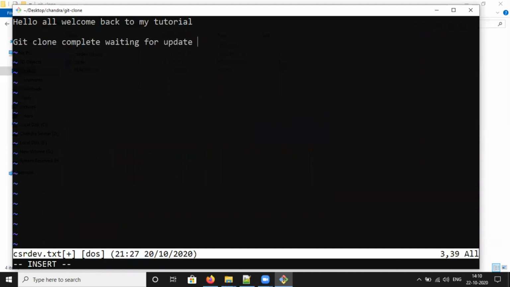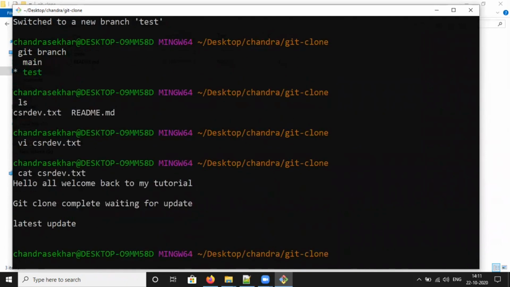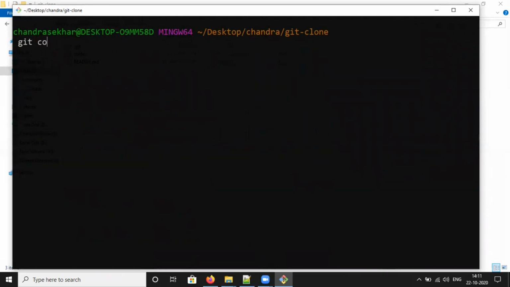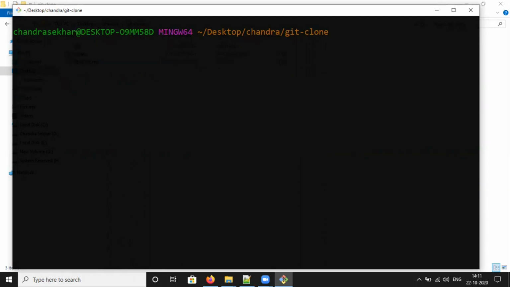Waiting for update, I'm giving latest update. Okay, colon, like changes. Cat CSR dev. So, latest update, and you can clear it. You can commit -m. Committed. Now you can push your changes with the help of